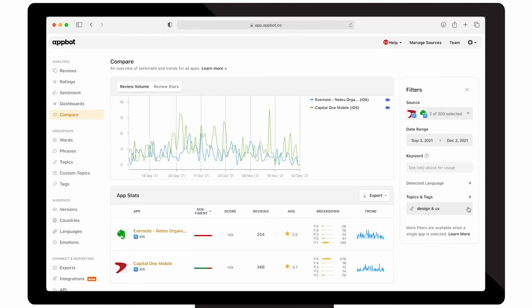Once you've filtered the data the way you want, you can hit Export to push the data into CSV or Excel for further analysis if you wish. Now that we're familiar with the high-level review trends, let's look at the content of those reviews and comments in more depth. On the words page, we've